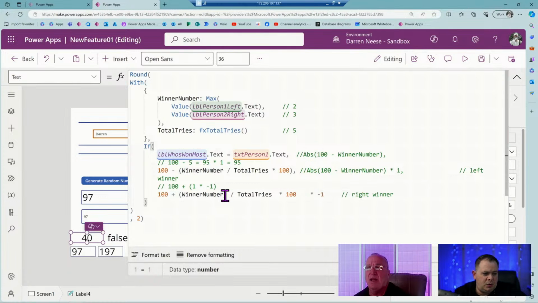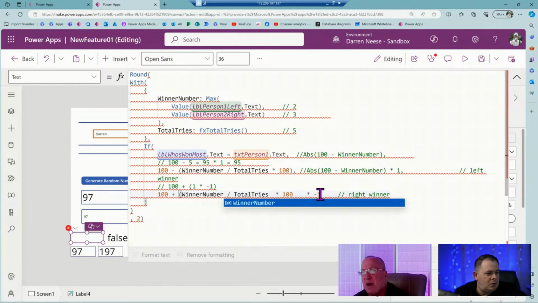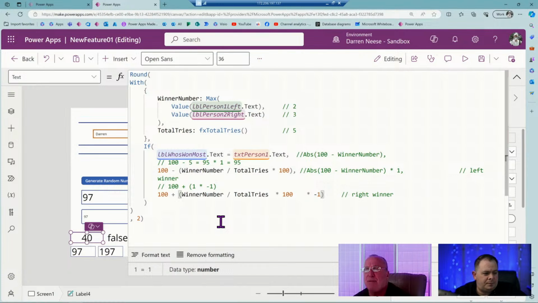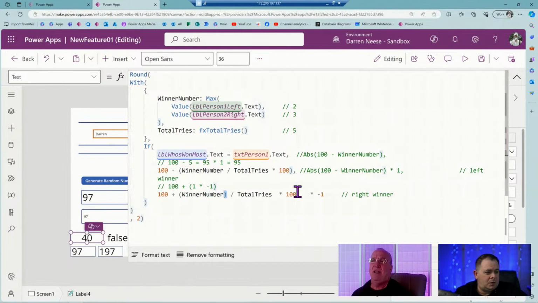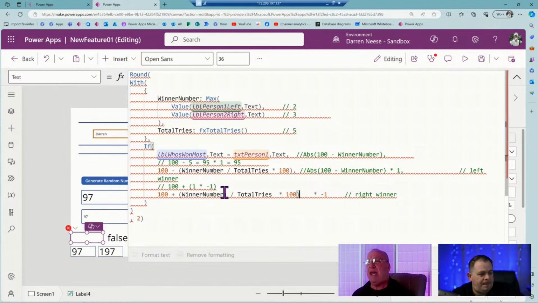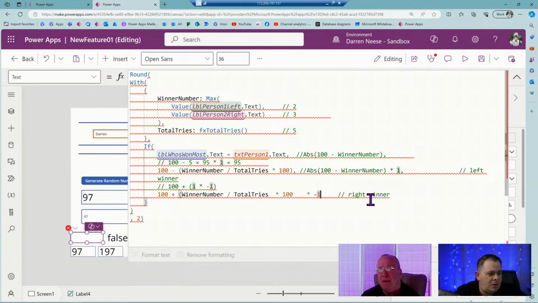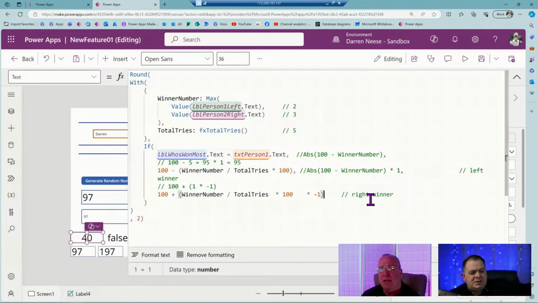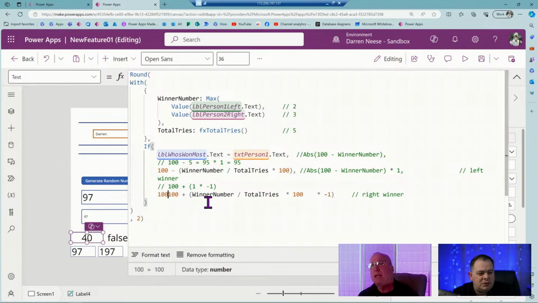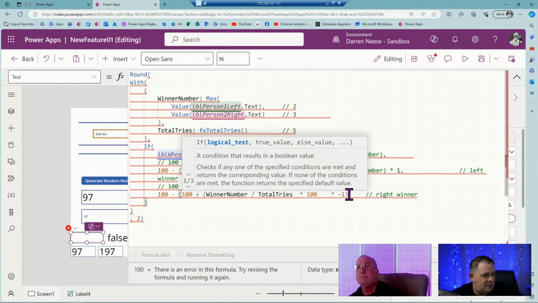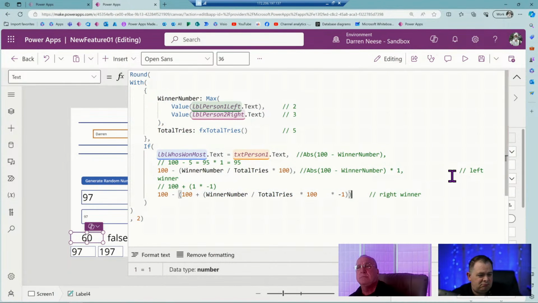So do you want me to move this parenthesis? I do. I want that parenthesis to be on the right side of that 100 over there. Oh, okay. Is that what I want, Darren? Maybe you were right. Maybe I need that on the other side. You might be right about that, bud. But we still have 40. So really what we're looking for is 100 minus all of this. That will give us 60. That's what I want.